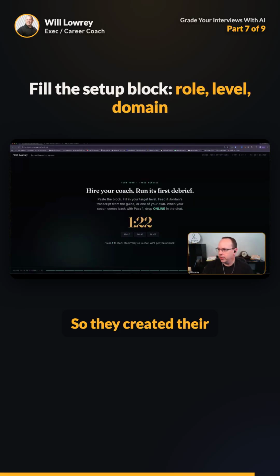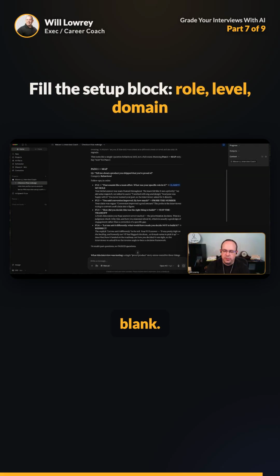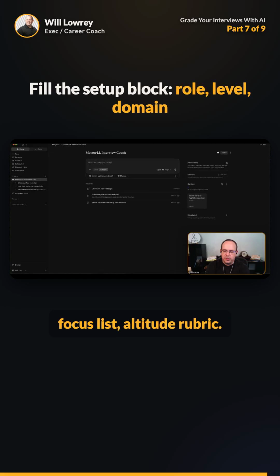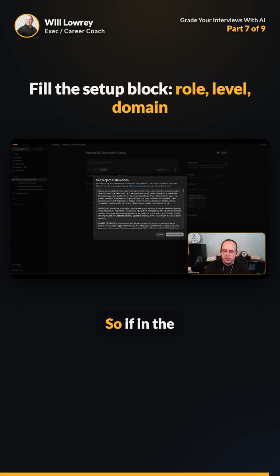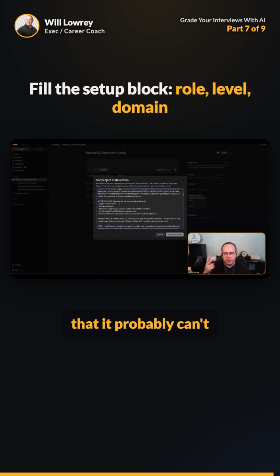So they created their project. We're getting some people who are trying this out. Mine came back saying that it couldn't grade this properly because your setup block is blank. So it's saying, please fill in these and I'll run the debrief: target, role and level, domain industry, the room, focus list, altitude rubric. In the instructions, my setup, I left this blank, so it probably can't run past two. It can normally run past one with it. If you go to